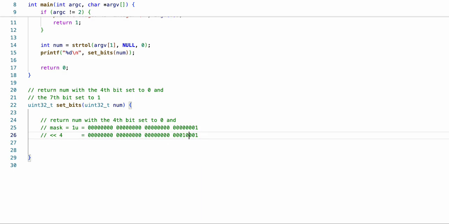So the 1 will go here, and this gets filled with a 0. Now we've targeted this 4th bit, but we want to set this to 0, and a way to do this is